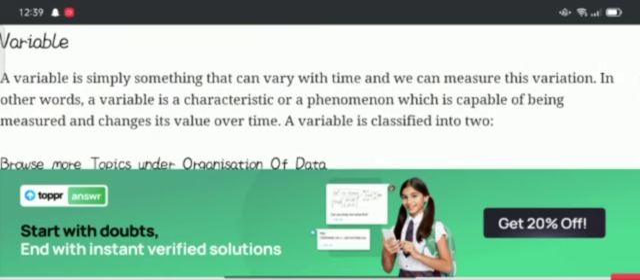Variable. A variable is simply something that can vary with time and can measure this variation. In other words, a variable is a characteristic or a phenomenon which is capable of being measured and changes its values over time. A variable is classified into two: